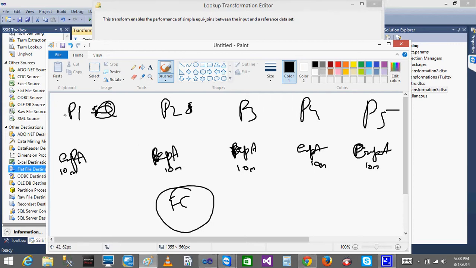So what does package 1 do before starting? It takes all the data from EMP address, stores it in one temporary location, and then it starts getting data from the source and does a lookup. Same with package 2. It loads all the data from that table into one temporary location, which we call a cache, and then starts getting data from the source and does a lookup.